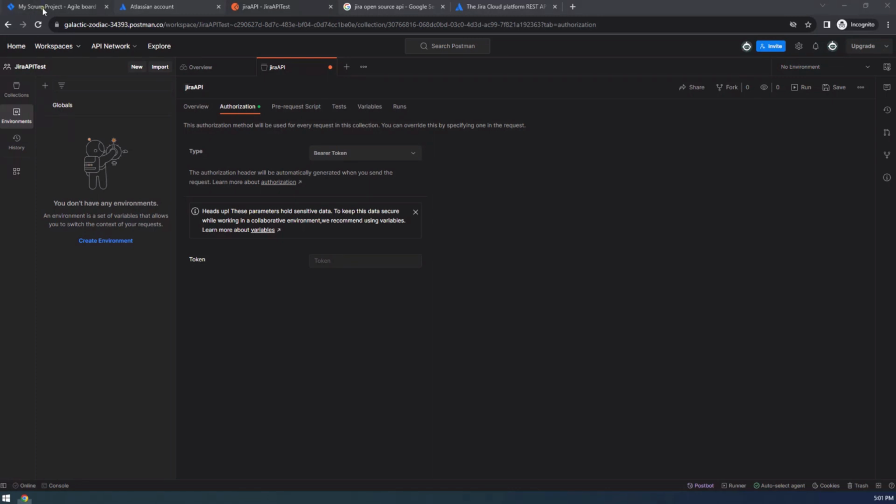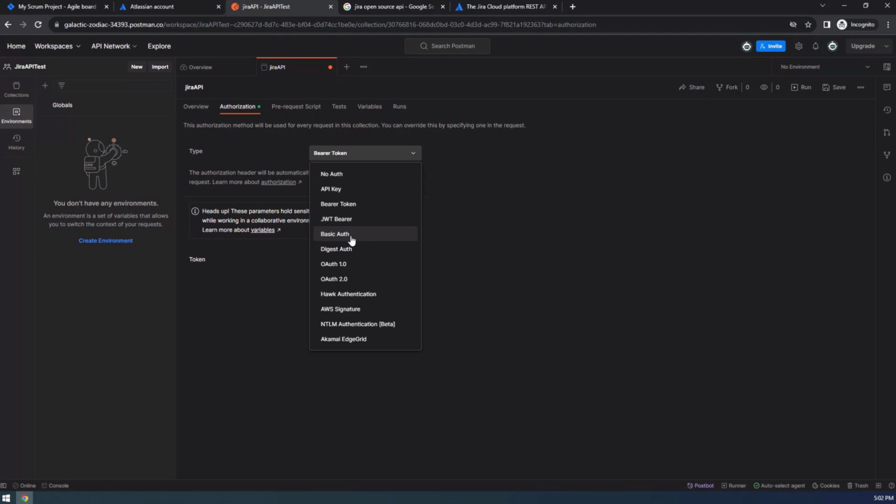So for us to actually use our Jira, as I said earlier, we need to use basic auth. That is what is required. That is what the developers requested of us. So we are not just the ones making it up. And the instruction is that we need to put our